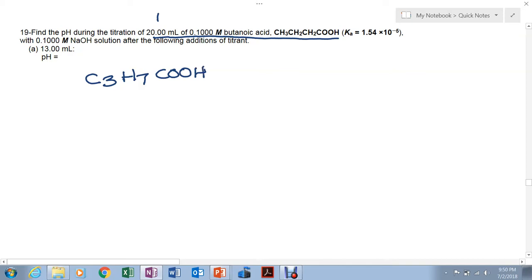I wrote it like that. This is the acidic hydrogen. So we add the base, which is a strong base, sodium hydroxide, and it gives us the salt, the conjugate base of the acid, which is going to be C3H7COONa